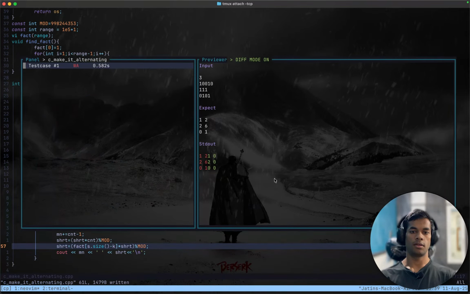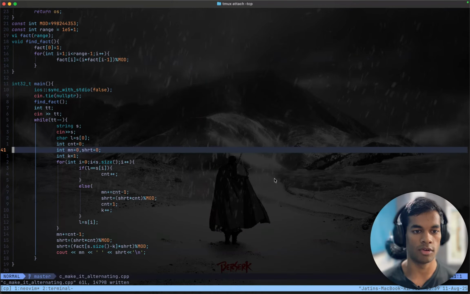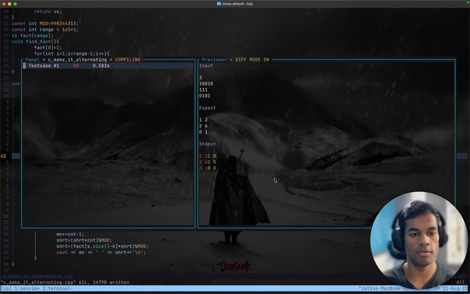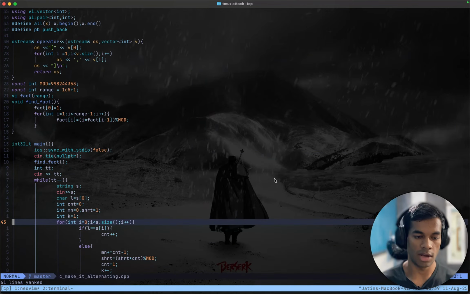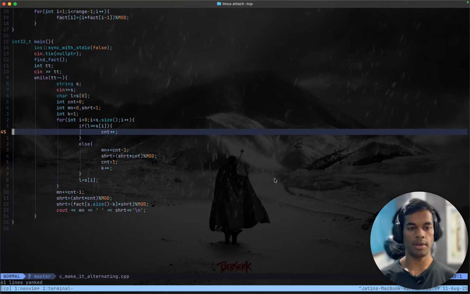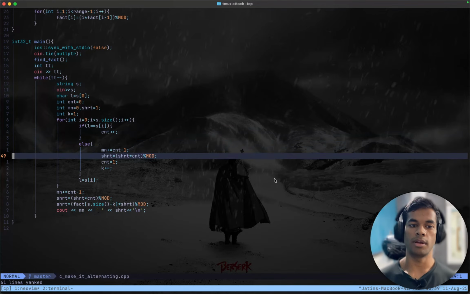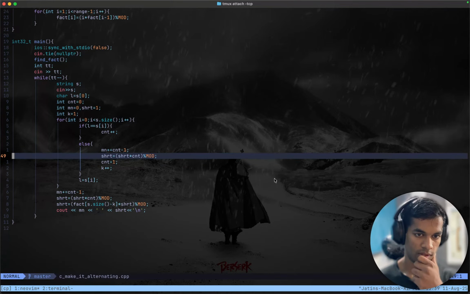and that gives me the wrong answer, which makes sense because I messed up. Shirt has to be initially equal to 1 since I'm multiplying it with everything. And now I do get the right answer, but I want to get this right in the first try. Well, it is technically not the first try, but I want to one-shot this thing. Mn plus equals count minus 1. So Mn is correct. I have no problem with Mn, and the whole problem was with permutation with shirt,